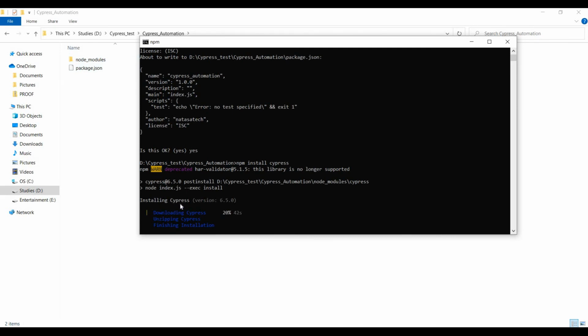The Cypress installation will be going on. It will take around 5 or 10 minutes. One by one it will be installing. Okay. Let's see how long it will take. After downloading Cypress, next it will jump to unzipping Cypress.